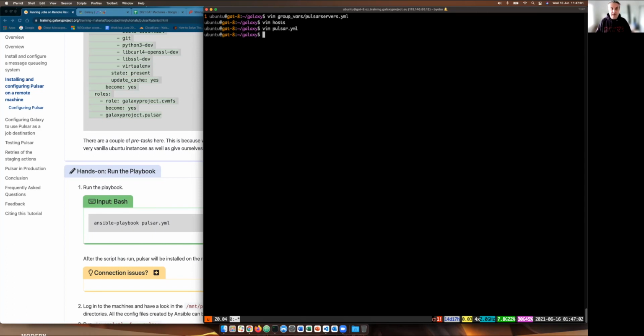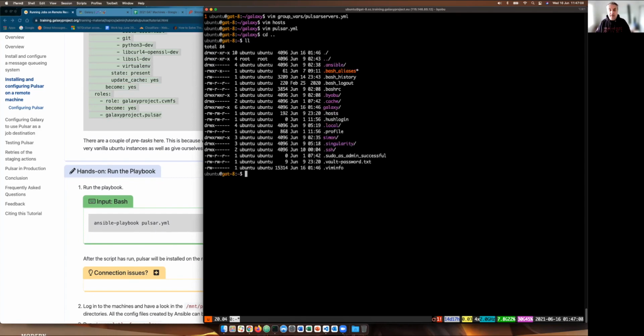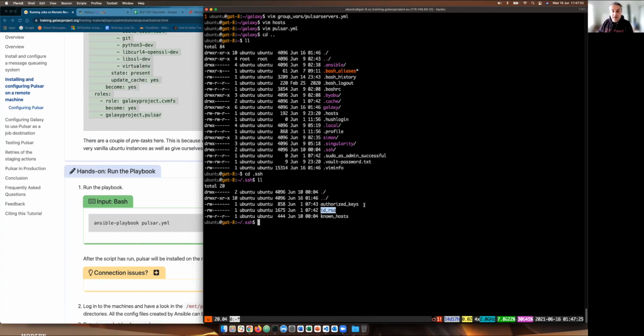We have the private key for that particular remote host. If we go up and look at our user directory, you can see here in our .ssh. And if we look into .ssh, you can see here that we have this private key called ID_RSA. And inside that file there is the private key that will let us connect via SSH to our remote